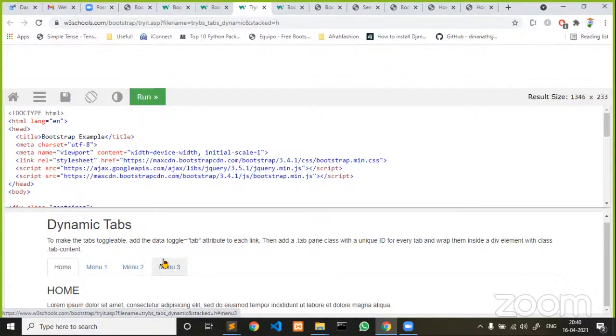So that's all about Bootstrap. I'm winding up Bootstrap today, and from tomorrow I'm going to start JavaScript. I think my team would have already circulated the classes for tomorrow and the day after tomorrow. Since the last two days we were not able to conduct the classes, that's why we have planned to conduct these two days of classes on Saturday and Sunday.